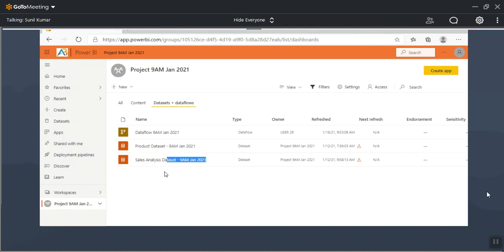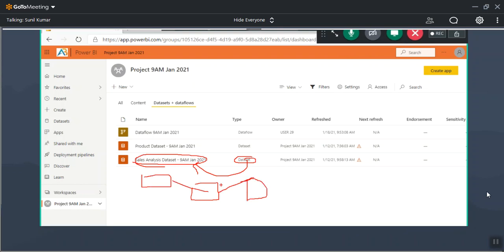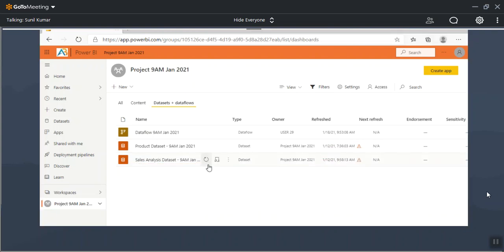The data set contains tables and the relationships between the tables. So whenever you need to analyze the data using Excel, you can click Analyze in Excel.